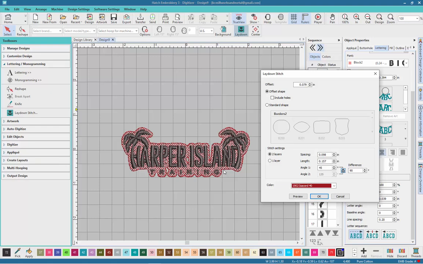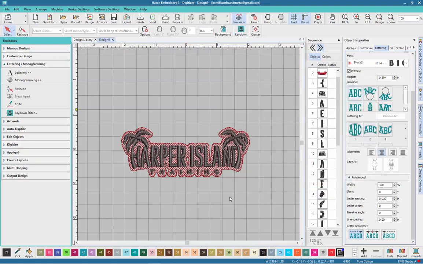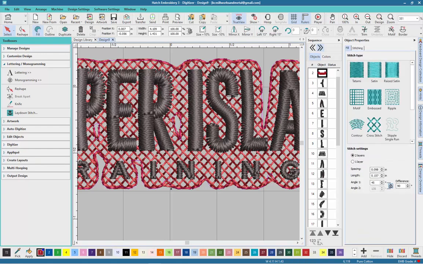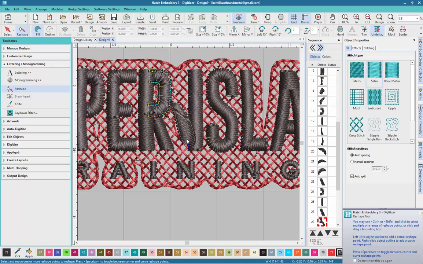embroidery that way. So we're going to go with this. I think that looks pretty good. And yeah, I'm happy with all the details. We'll go ahead and click OK. And that gives us our lay down stitch. Now there's some holes here, but that's where we can go back in and reshape, and we can get rid of them. So we'll go back in here,